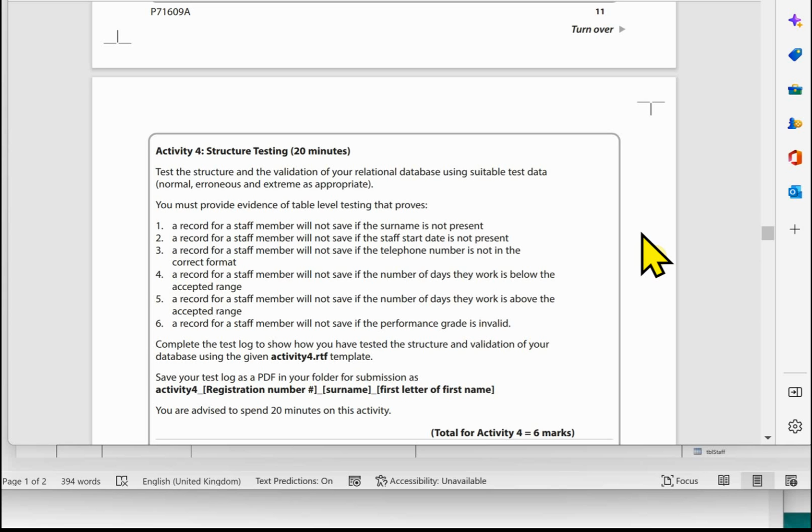You must provide evidence of table level testing that proves: 1. A record for a staff member will not save if the surname is not present. 2. A record for a staff member will not save if the staff start date is not present. 3. A record for a staff member will not save if the telephone number is not in the correct format. 4. A record for a staff member will not save if the number of days they work is below the